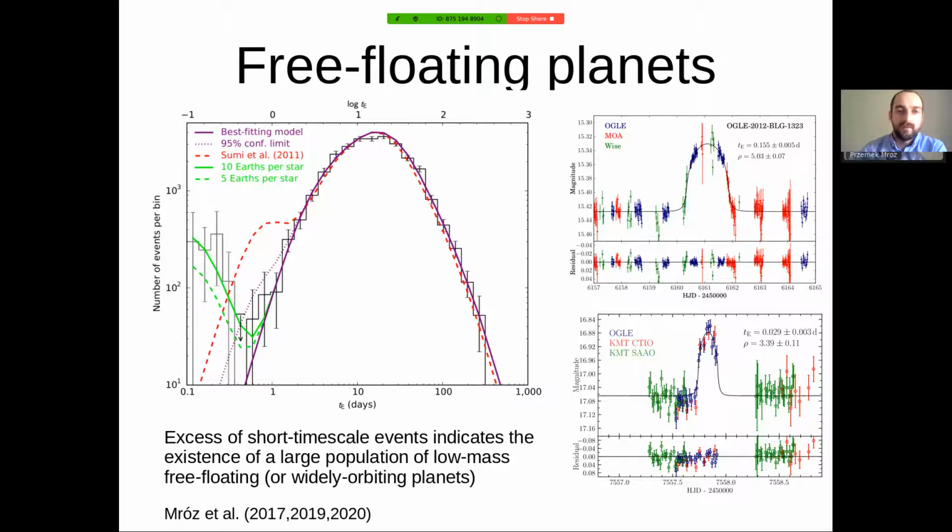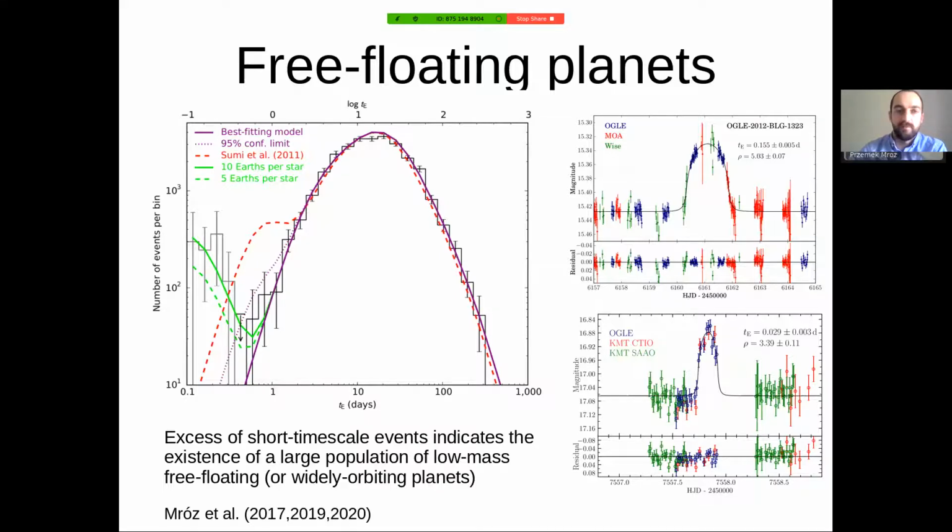The plot on the left shows the distribution of timescales of gravitational microlensing events detected toward the galactic center. And as you can see, there's an excess of very short duration microlensing events with timescales shorter than one day,